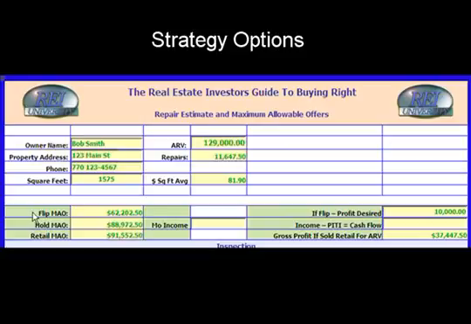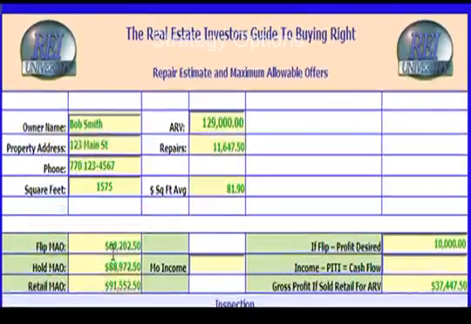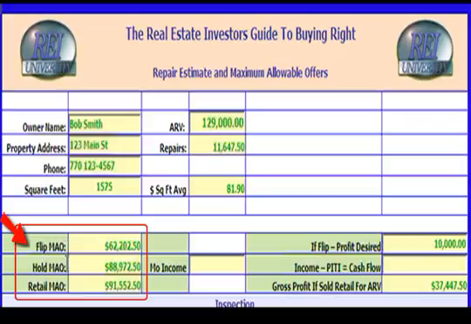Now, if we know that we would like to flip for quick cash, and the neighborhood is suitable for that purpose, as in, this is likely an investment property, really, whether it's an investment property or a retail property doesn't necessarily matter. The key is going to be what the seller's asking and what his motivation is, because as you can see right here, the spreadsheet has automatically calculated 3 potential maximum allowable offers based on the 3 main categories of exit